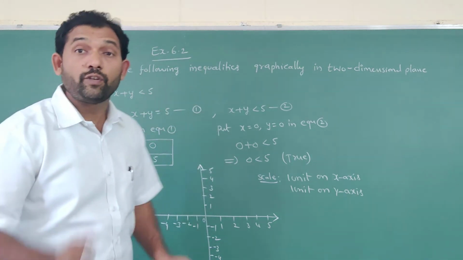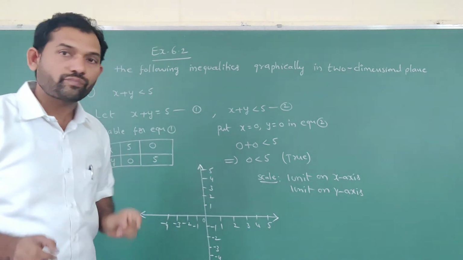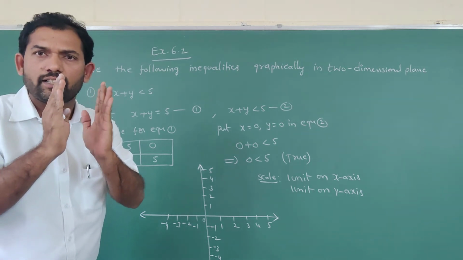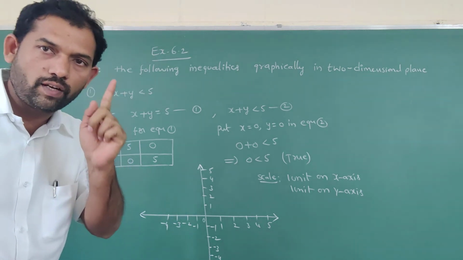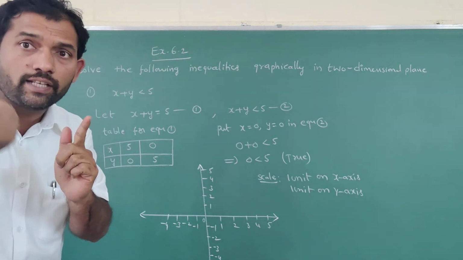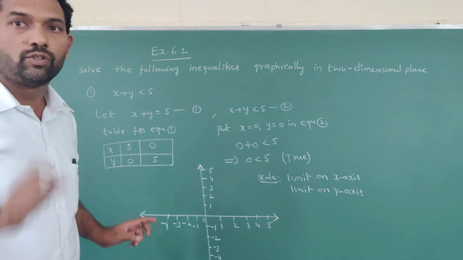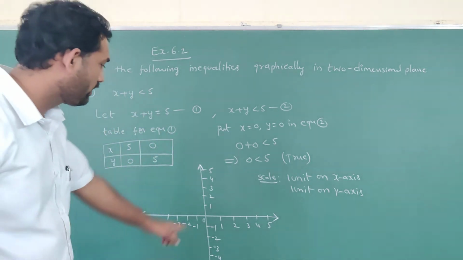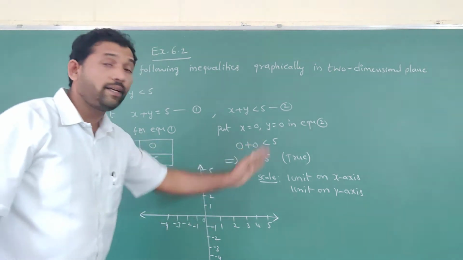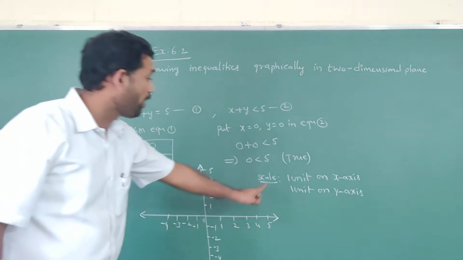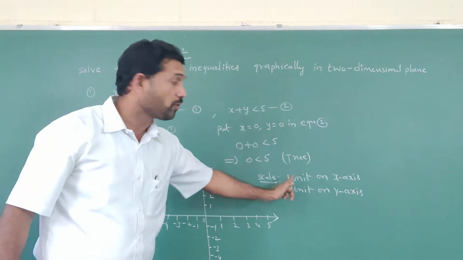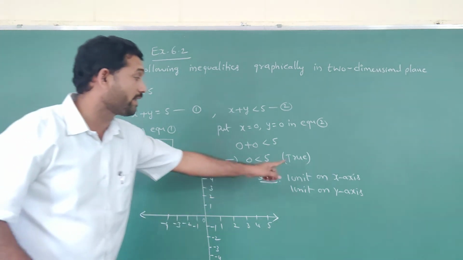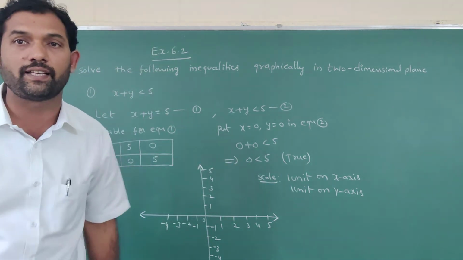So why are we taking 1 unit? How are you taking the 1 unit? Between one bold line and the next, 10 small lines are there. So the first bold line you take as 1, the next bold line you take as 2. In between 1 and 2, 10 small lines are there. At one corner of the graph you have to write the scale: 1 unit on x-axis, 1 unit on y-axis, that 10 lines count is 1 unit. You have to take it like that.